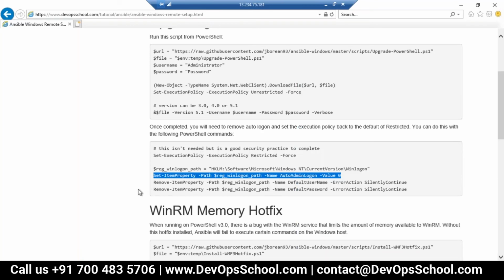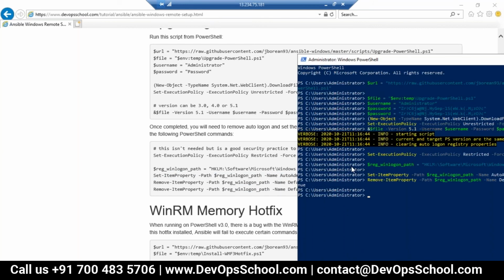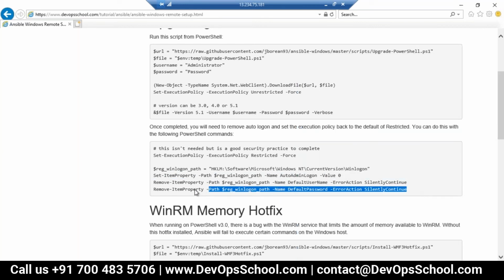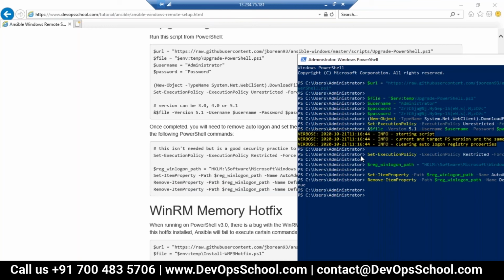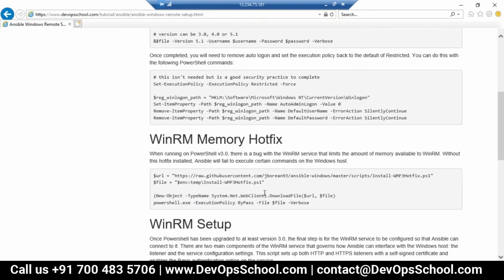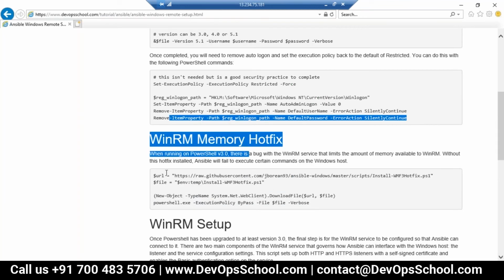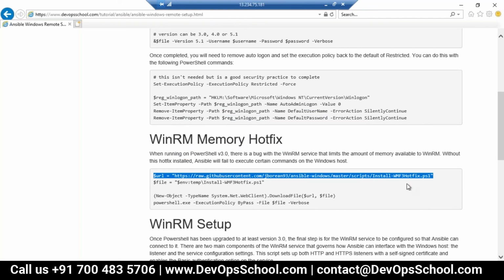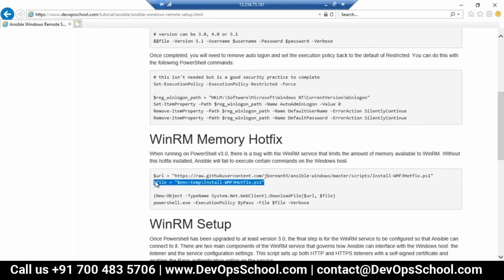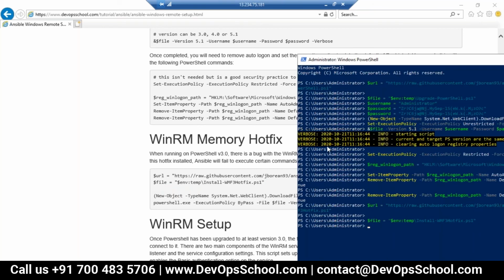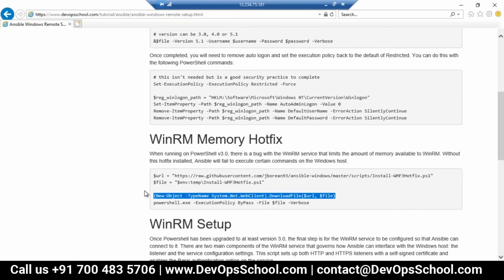In the official documents also you have these steps, but in a pretty complicated way. Done. Though it's not needed because it's already done, I will still run it to be on the safer side. Do we need to run all these things in all the ARS machines in Windows?